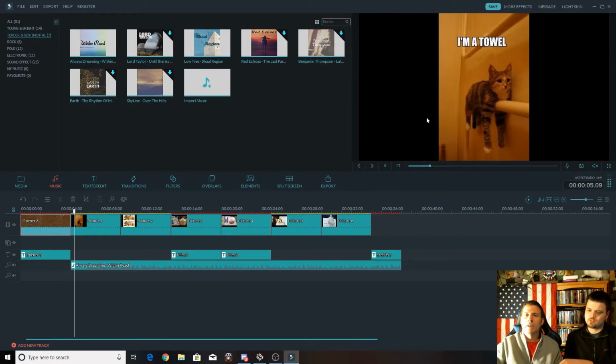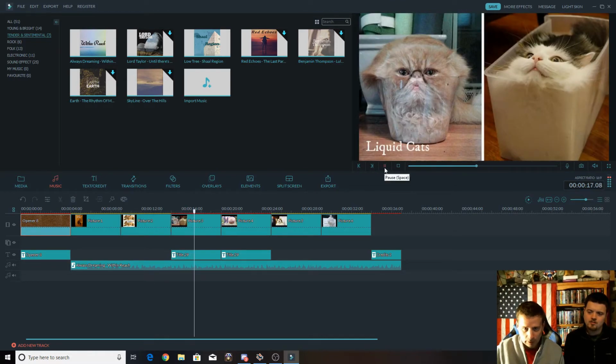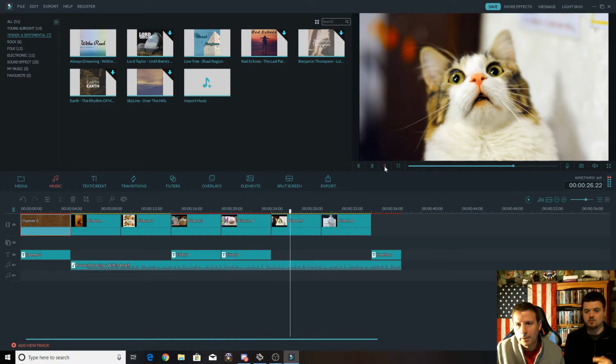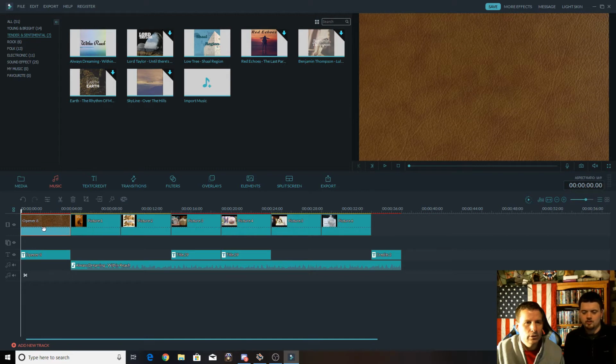But you might want to adjust the same way as the music file. So, but you probably noticed during that whole thing that there weren't any transitions between the two,